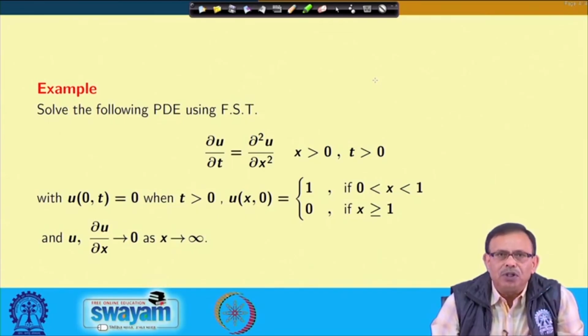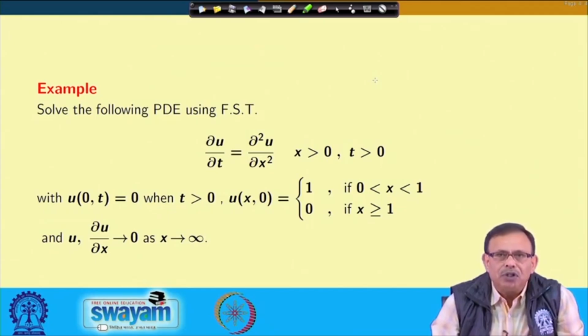Please note that although both x and t range from 0 to infinity, the condition that ∂u/∂x approaches 0 as x approaches infinity is given. Therefore, it is desirable to use the Fourier sine transform with respect to x, not with respect to